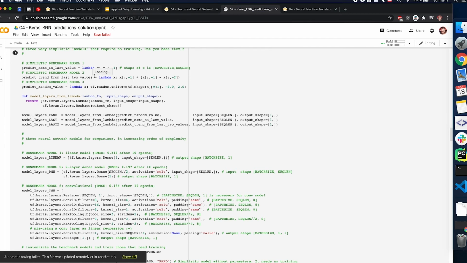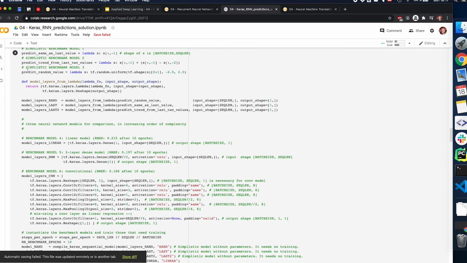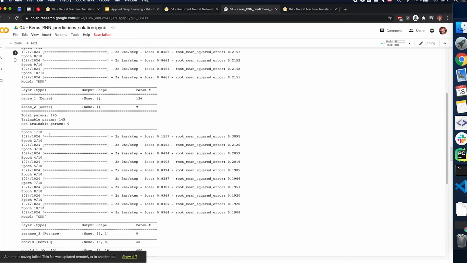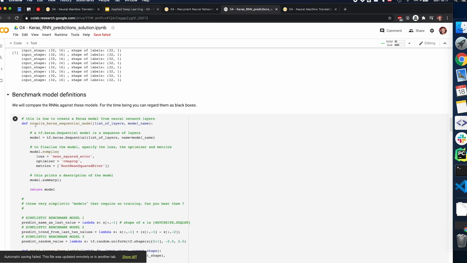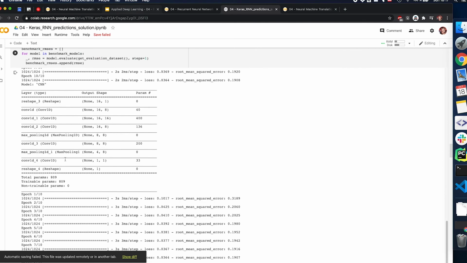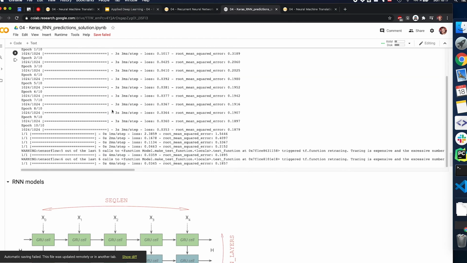So we're saying predict same as last value. That would be our benchmark. Say, okay, give me the same that the last thing was, predict the trend from the last 2 values, or do something else where we are benchmarking model 3 with some random values. What do we get at the end? We have a neural network that is basically just using convolutions and a feed-forward network, and let's see how good it works. So it's not exceptionally good. It says here